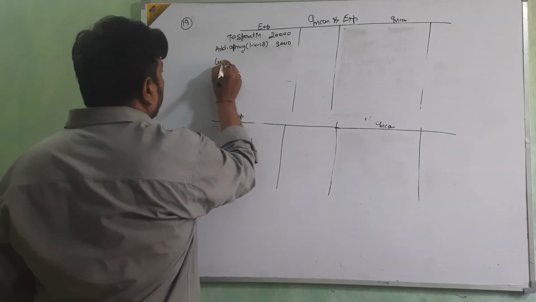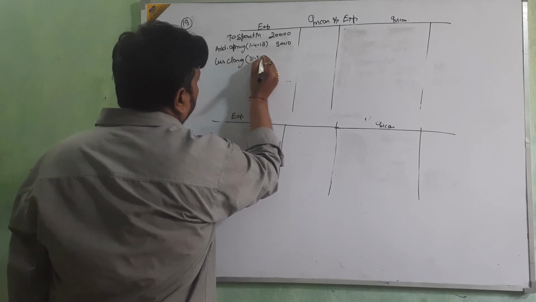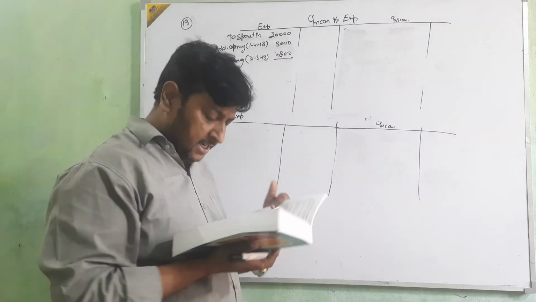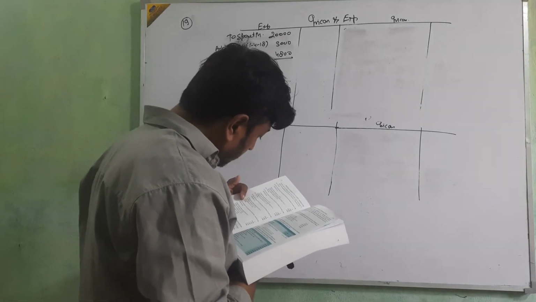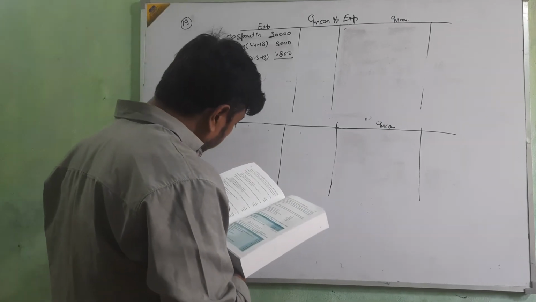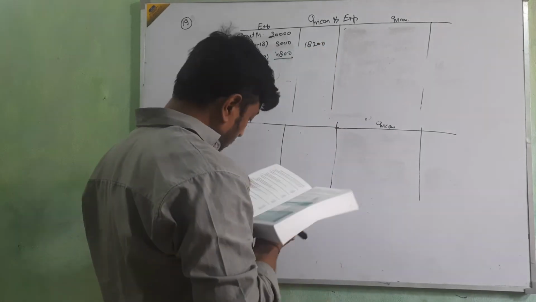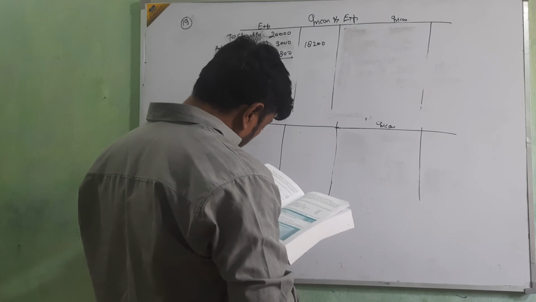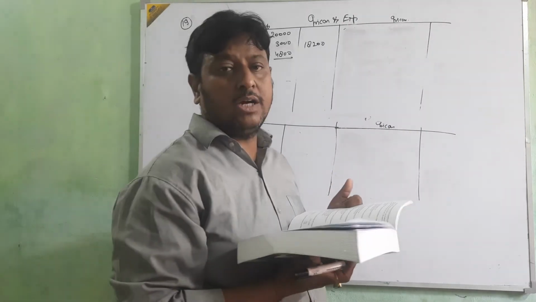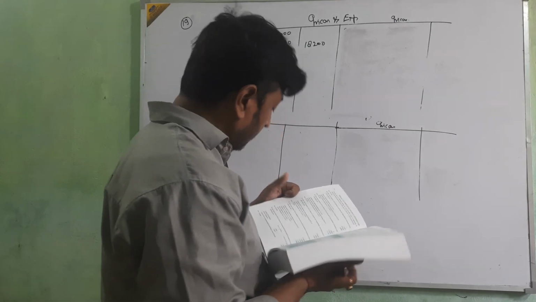and less closing 2019, 4,800. Okay, opening add and closing less. Then take the difference, less the 1,800 from 20,000, 18,200. Clear? Now I am going to see one for the creditor. If creditor is given, how we are going to present? Directly go to question number 25. Okay beta? Question number 25.